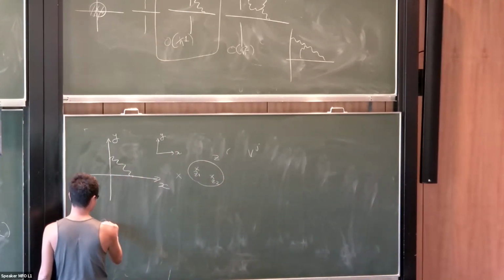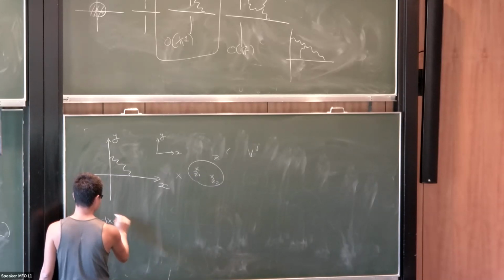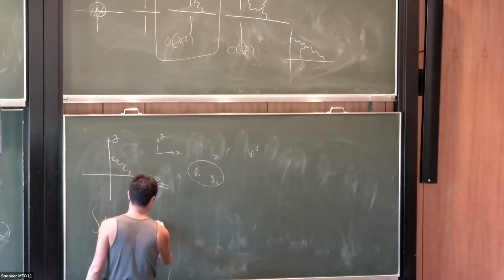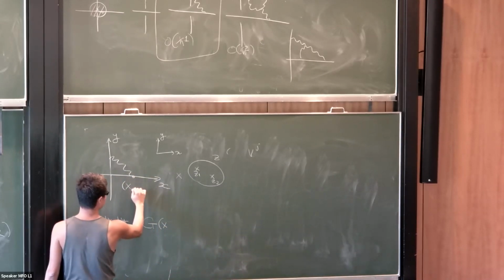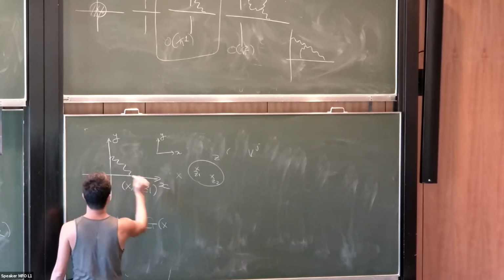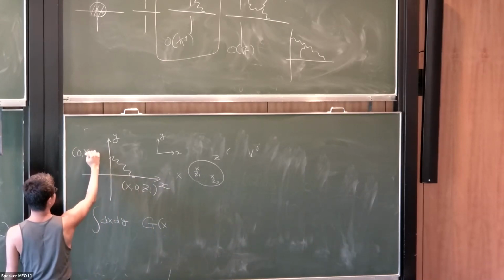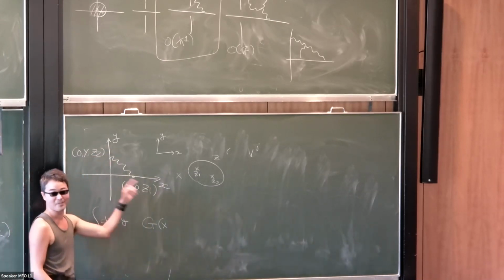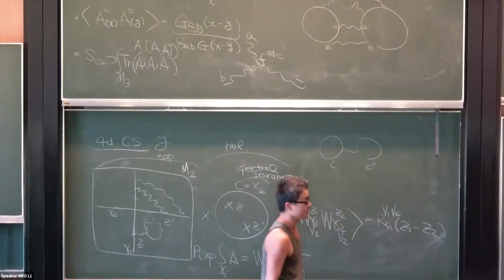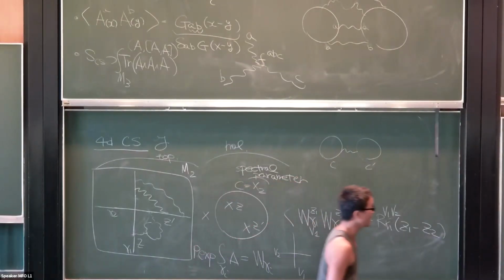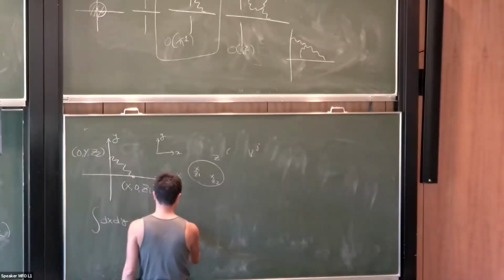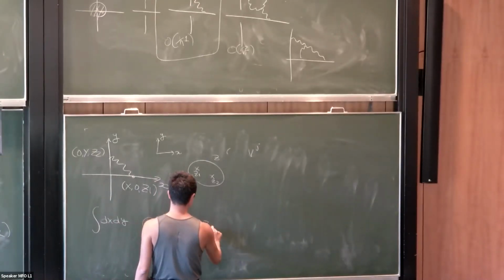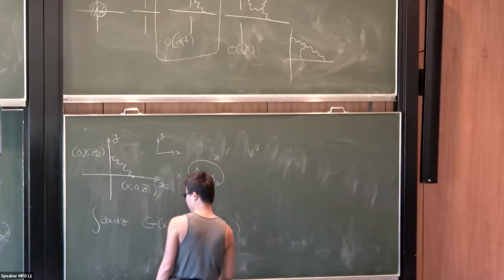First of all, we have the integral over X and Y, just as in the previous case, and then there is a G. Here it's a point x, 0, z1, and this is 0, y, z2. I'm just parametrizing the points, and the propagator depends only on the difference, so I have x minus 0, 0 minus y, z1 minus z2, and I have to integrate it.